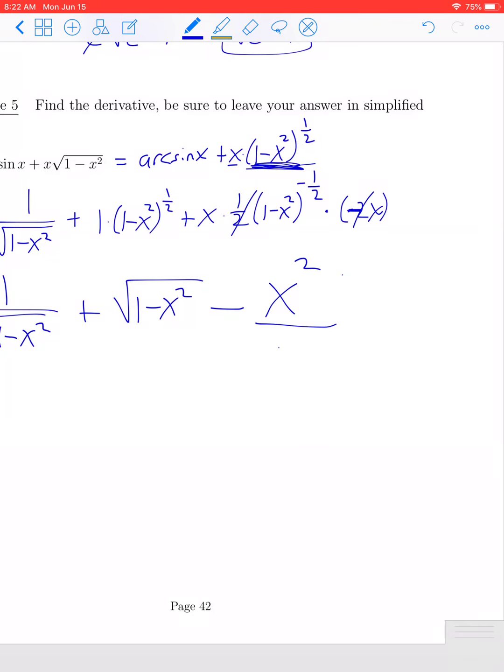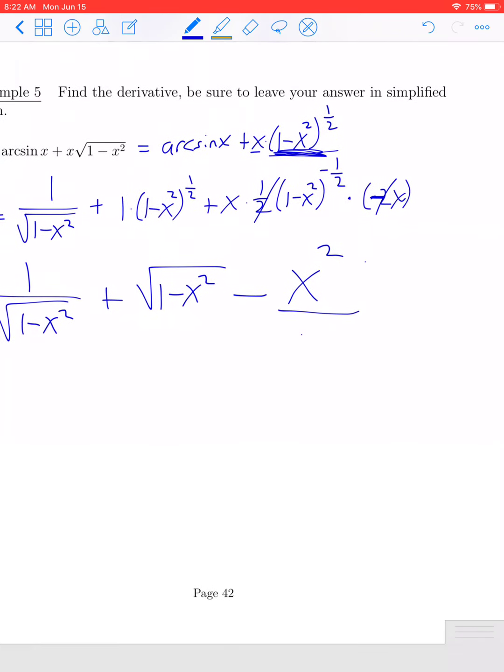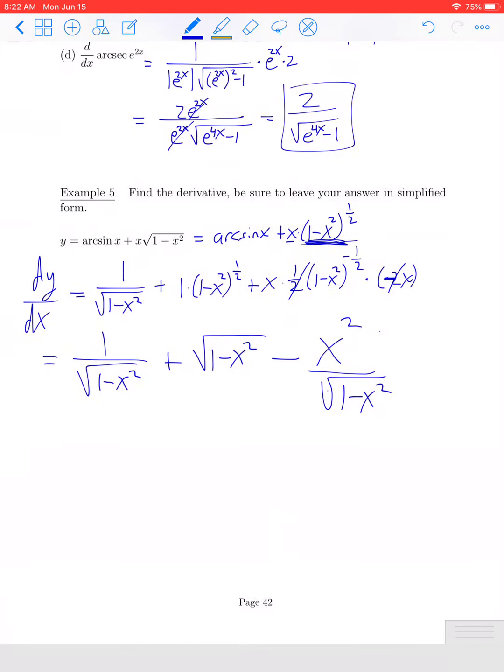And then we have this negative exponent here. I'm going to bring it down to the denominator, and I'm also going to go back to the square root notation. Okay. So this is what we have so far. These two are like terms, so we can combine those. This is equal to